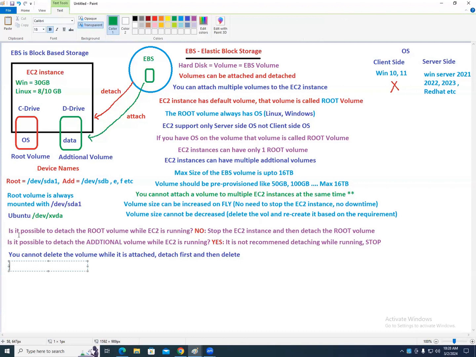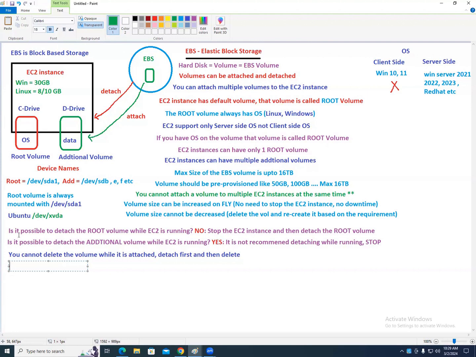And the certification question here is, should the EC2 instance and volume be in the same availability zone or a different one? Same, no? What is availability zone meaning? Data center. Let's say you have launched one EC2 instance in 1A. The volume which is attached to the EC2 instance should also be in 1A. Is it good to be in 1B? From 1B, can you attach? No, it is not at all possible. Your EC2 instance and volume should be in the same availability zone.